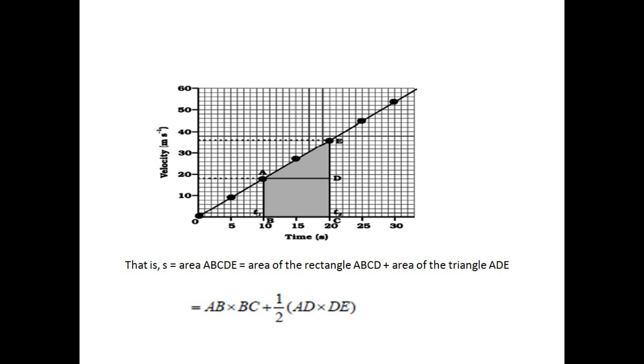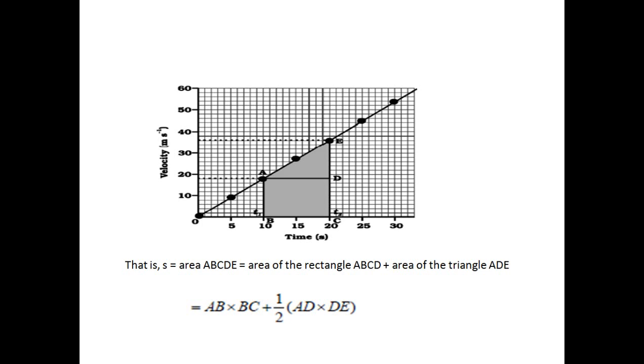Always remember that whenever there is a uniform change in velocity, we will get for the acceleration a line like this, always a straight inclined line. Okay, when the body is moving with a uniform speed or uniform velocity.